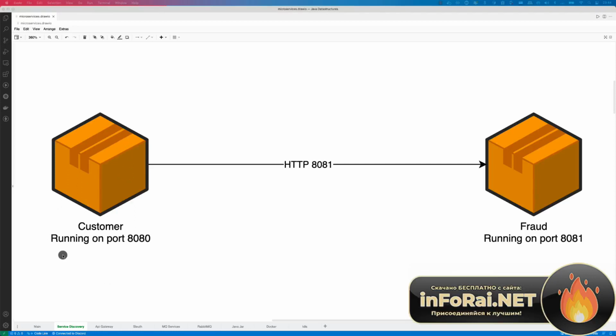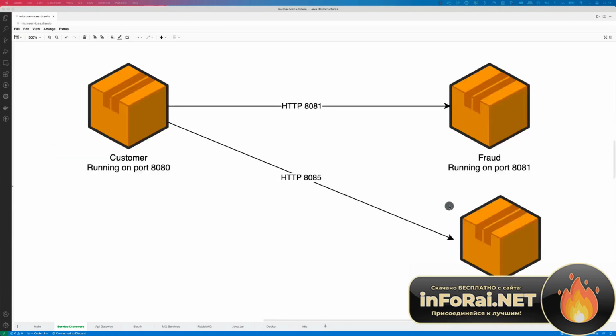So far, you've seen that customer talks to fraud microservice on port 8081 via HTTP. Now in here, we only have one instance of customer and one instance of fraud. But what about if fraud gets too busy and we have to bring up a second instance? Now you can see that customer can talk to fraud via this port 8081, but also via this port, which